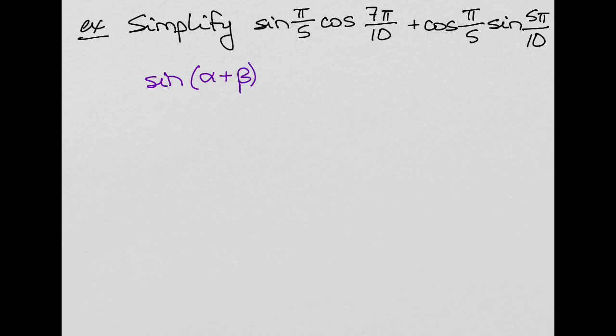sine of alpha plus beta, and I know how that goes, that's sine, cosine, cosine, sine. For the sine, the signs are the same. And then cosine, sine. So there's an identity for the sine of a sum, and sometimes we feel like, okay,